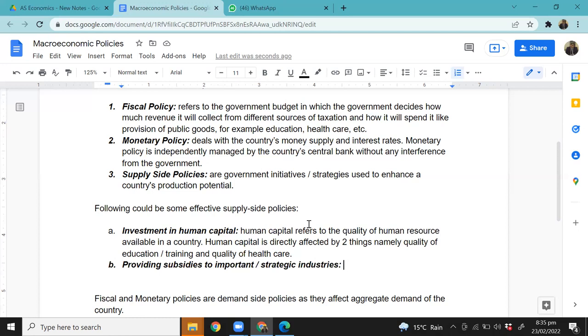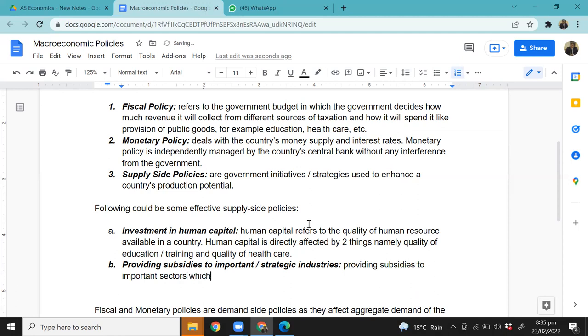So let's put it down like this: providing subsidies to important sectors which are contributing more to the country's GDP slash exports would really